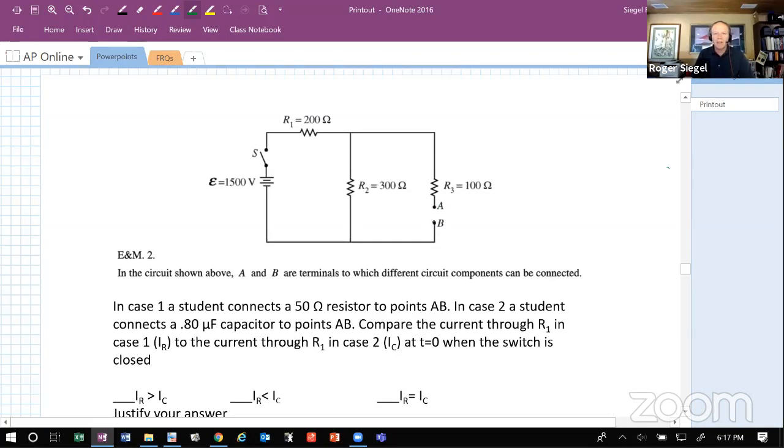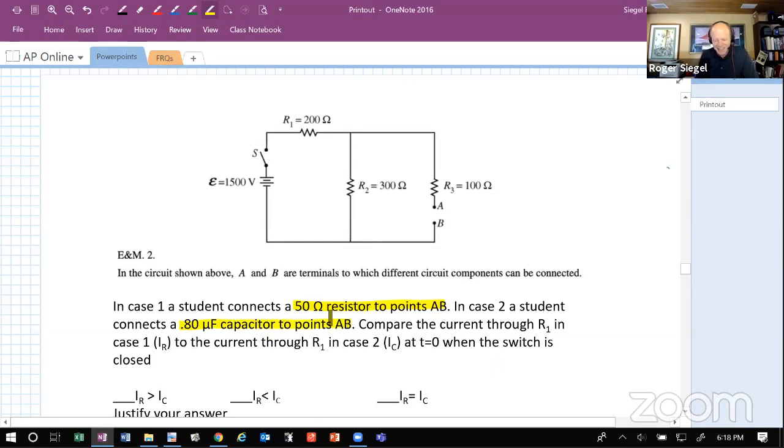gap here. All right, and so this is a wonderful tool for the teacher, because the teacher can say, okay, let's put some different things in that gap and see what happens. So that's what this question is asking. It says, in case 1, a student connects a 50 ohm resistor to points A and B. And in case 2, a student connects